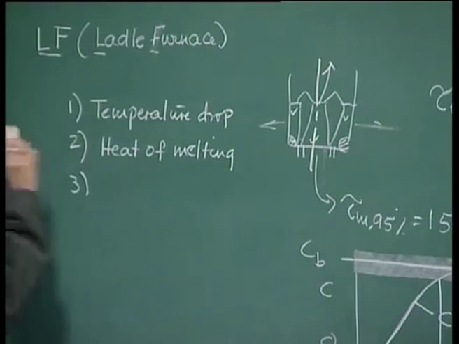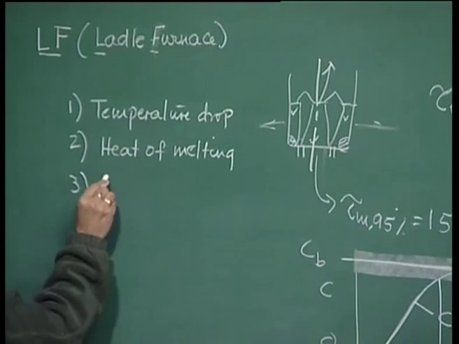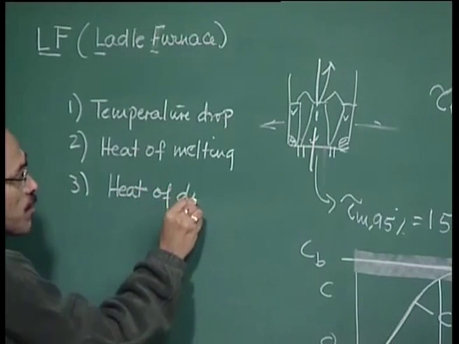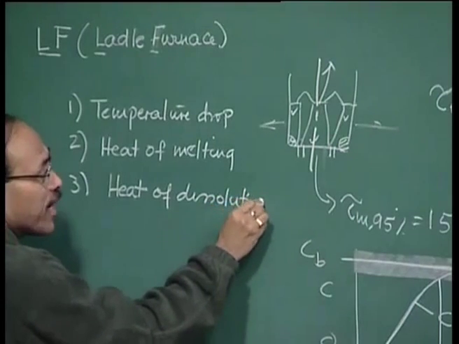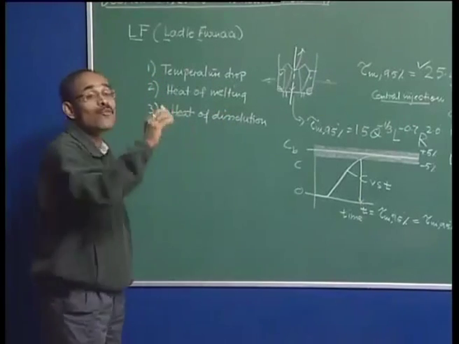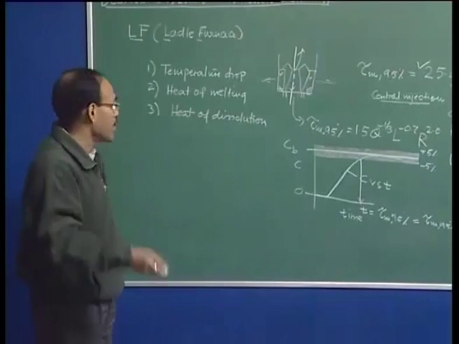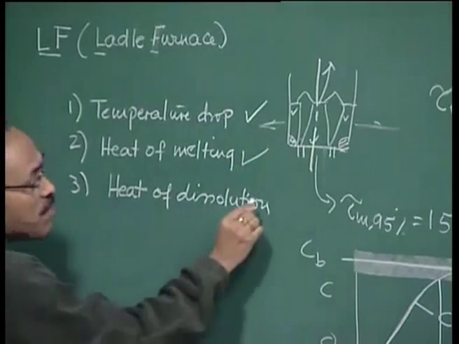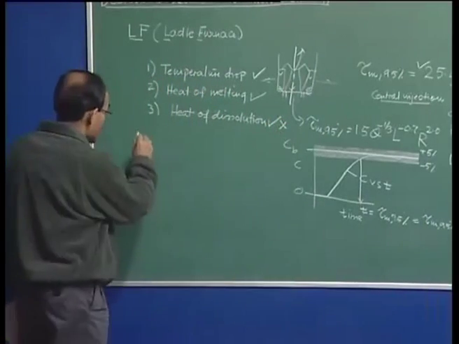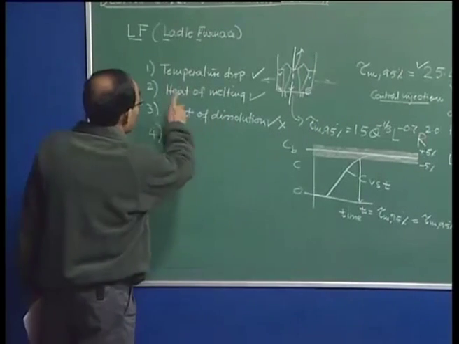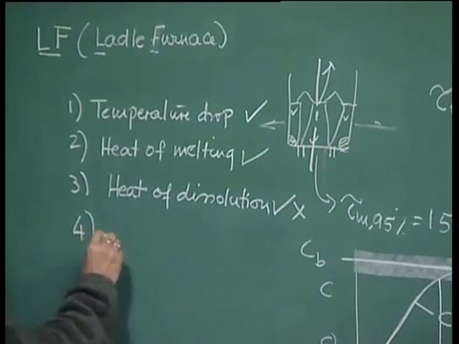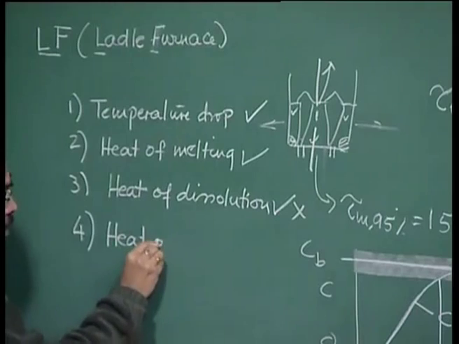Number 3, once the alloying addition melts, it is going to dissolve into molten steel, and so there is the heat effect of dissolution. Sometimes this could be positive, sometimes negative, because some heats of dissolution are exothermic in nature and some are endothermic. The temperature drop and the heat of melting are always a requirement. The heat of dissolution can be a requirement, or may not be. Similarly, finally, we have the heat effect of chemical